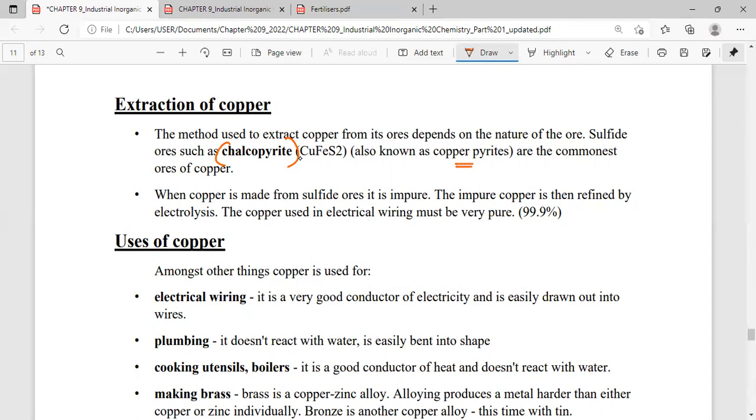Okay. Now, the copper that is made from this ore is impure. And we know that most of the copper that is extracted is used to make electrical wires. The electrical wires that come with electrical appliances, the wiring in our house, it's copper wire. So this copper wire has to be very pure, about 99.9% pure. And how is it made pure? By the electrolytic process. I hope you remember the electrolytic process, where